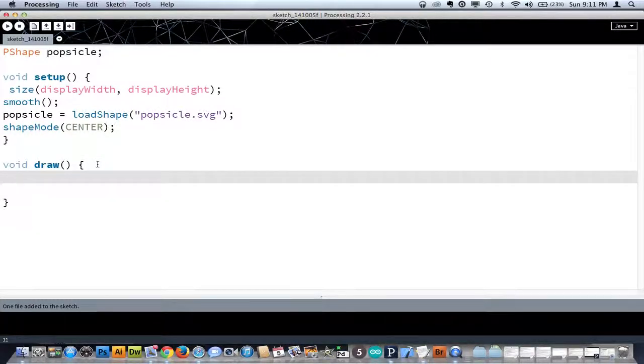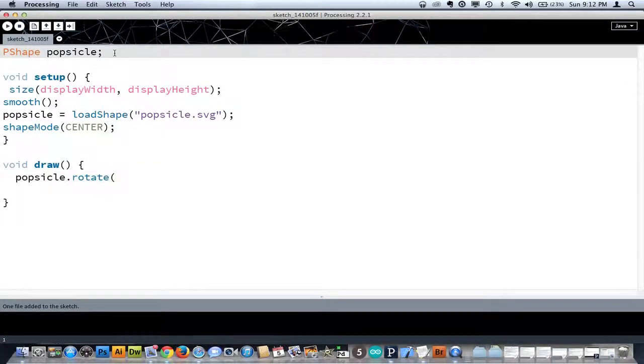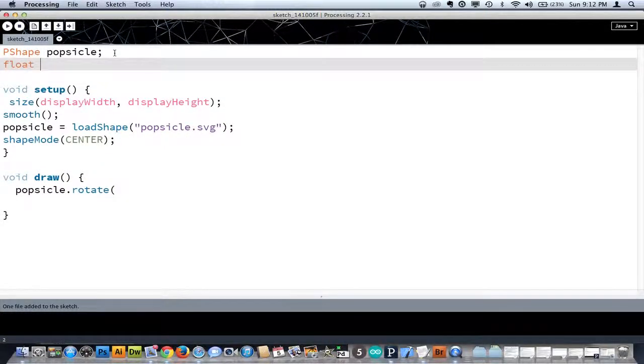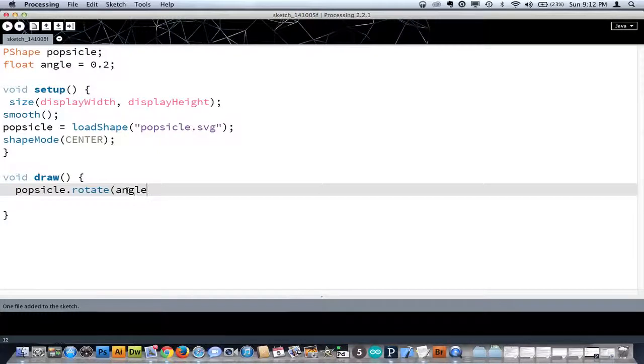Okay, so what I want to do is I'm thinking I just want to rotate this. I'm going to move it to the center of the screen and rotate it. And what's nice about the PShape is it gives us some methods that we can use to do that. So we're going to call our variable, and I'm going to use the rotate method here. So I use the dot syntax for it, and I'm going to rotate it. I'm going to need a variable for that. So I'm going to go up here and create a global variable, and we'll go angle, and we'll make it pretty small, just so it's very slight,